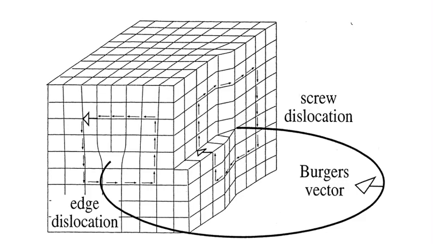The starting point need not be on the extra plane of atoms. We will be considering a point neighboring that extra plane. We have considered a starting point, the leftmost point. From that we are moving 1, 2, 3, 4 units downwards, and then we are moving an equal number of units towards the right side. You can observe 1, 2, 3, 4, we have moved 4 units towards the right side.